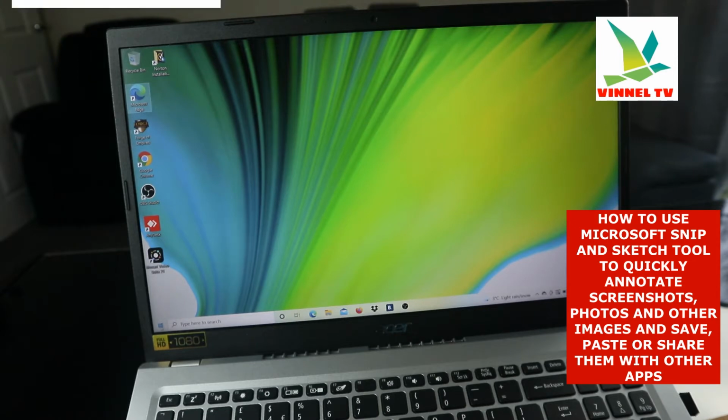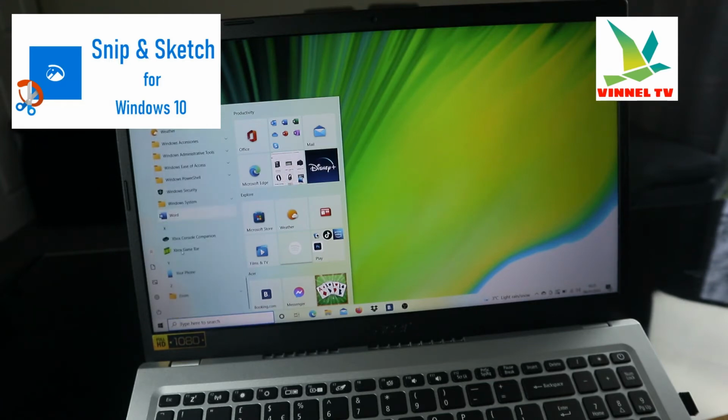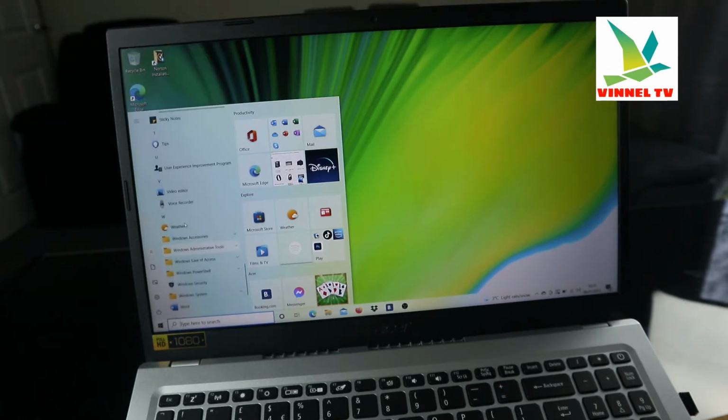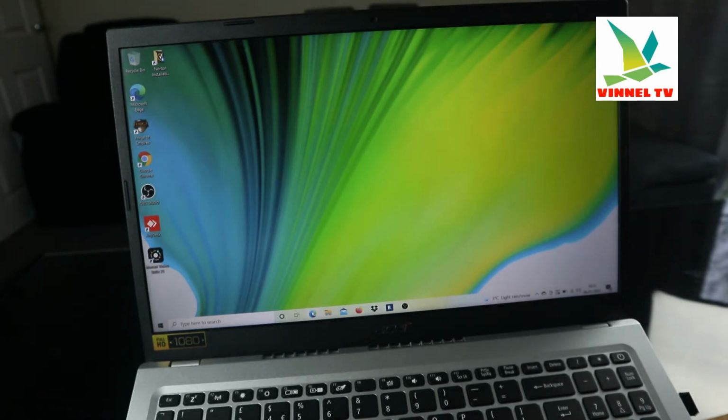you have to do is go to your start button. You scroll down to Snip and Sketch. So we're looking for S. So here it is, Snip and Sketch. So whenever you want to snip and sketch, firstly make sure you have whatever it is you want to